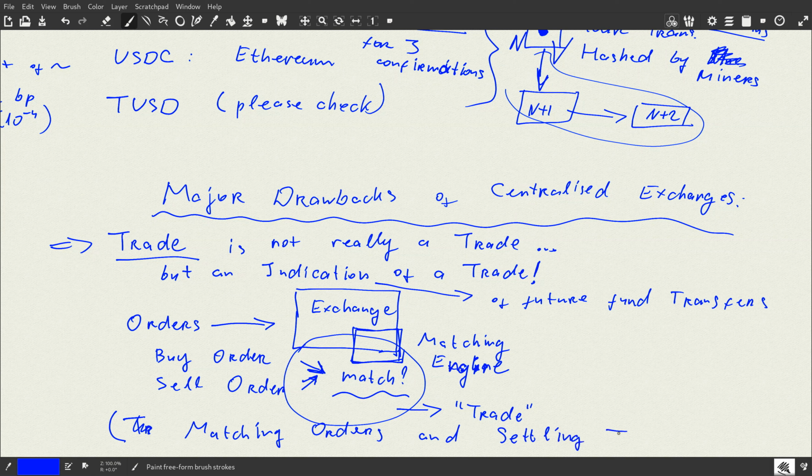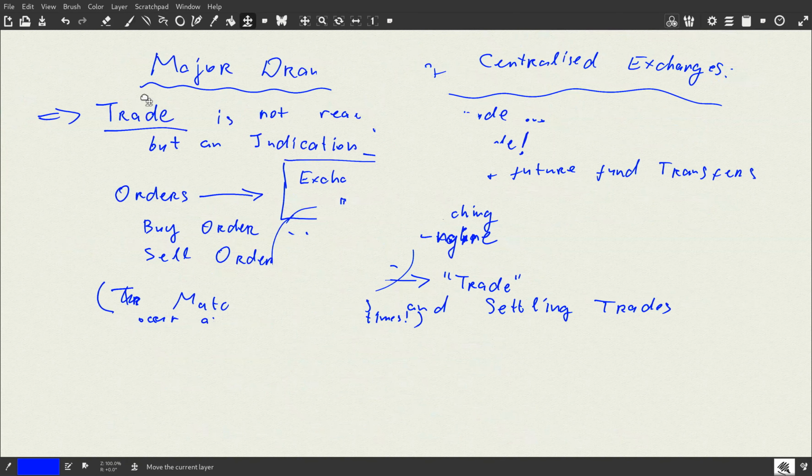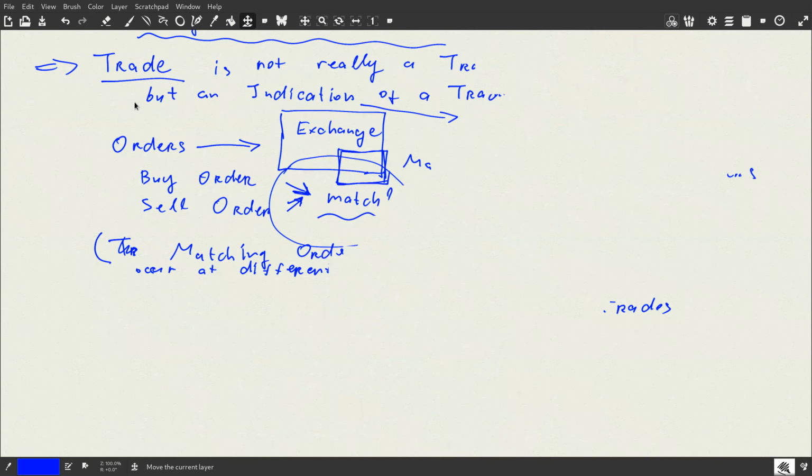Settling really means that funds are transferred, and settling and matching occur at different times. How much different? They could differ from minutes to hours. Normally, it is still happening